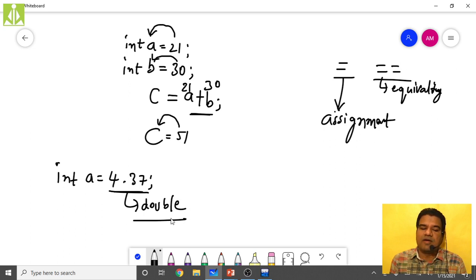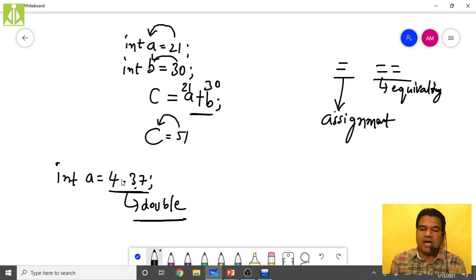So we said whenever you are keeping a constant literal, it will have a type. Whereas this 4.37 is a precision value with a whole number part, so a floating point constant, isn't it? And inside floating point, whatever real constants you represent, all of those by default will be of type double.